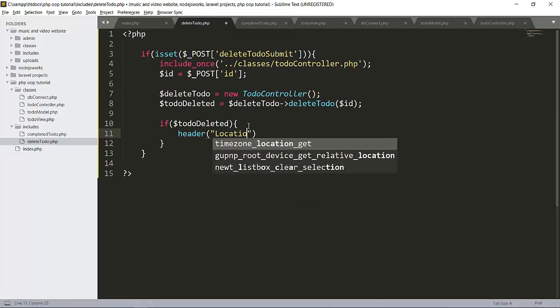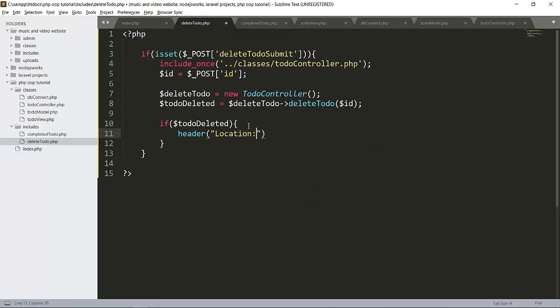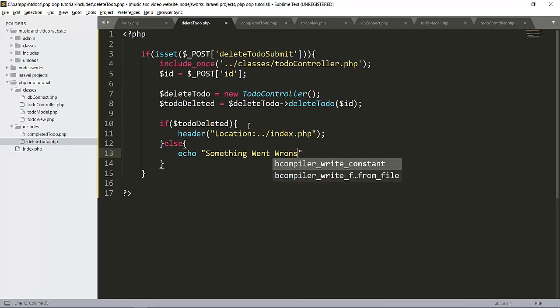So the location will be back to our index.php, else the todo will not be deleted here, so we will echo something went wrong.